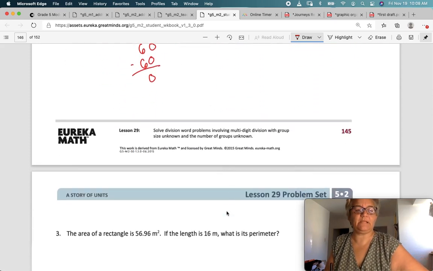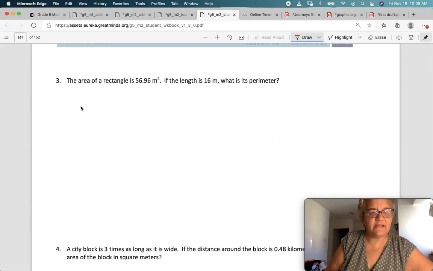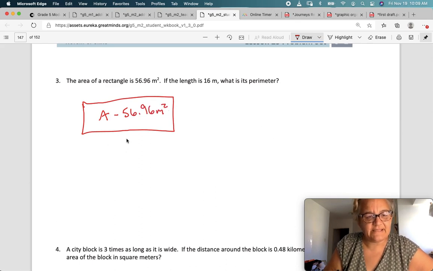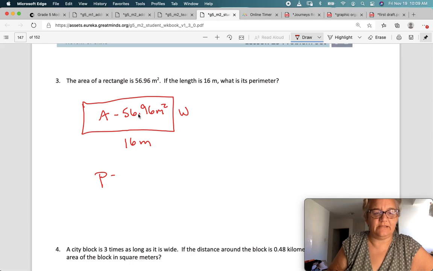Okay. Number 3, the area of a rectangle is 56.96 meters squared. If the length is 16 meters, what is the perimeter? Ooh, they're trying to trick us here. Okay. So, we know the area, right? And we know the length, but we do not know the width. And in order to find perimeter, perimeter is length plus width plus length plus width, because perimeter is the outside